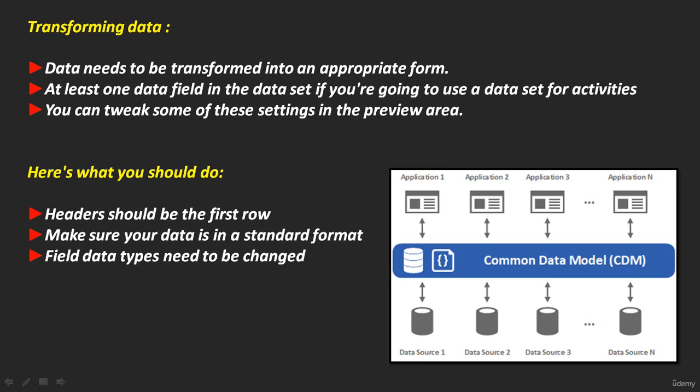Number one is headers should be the first row here. You can use the first row of CSV files as the header information. If you are ingesting data from one, you can use the first row as data or headers by choosing transform table. The second step is to make sure your data is in a standard format, because